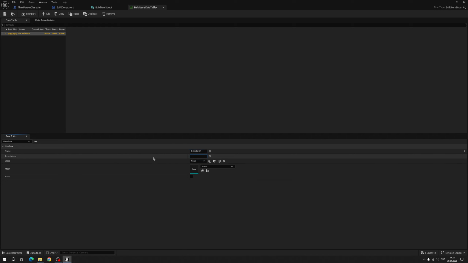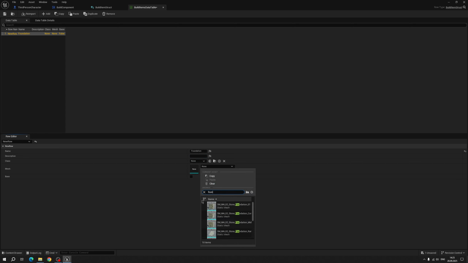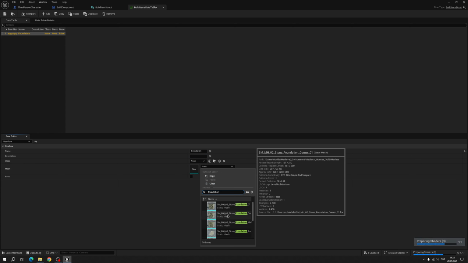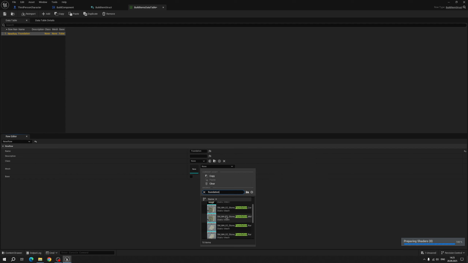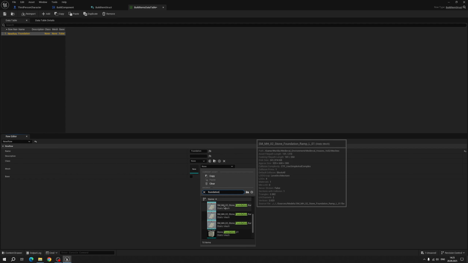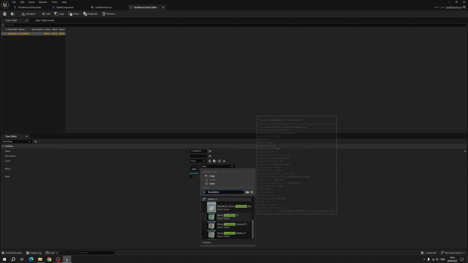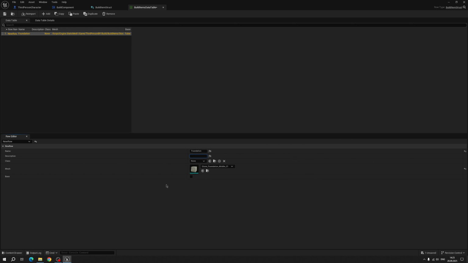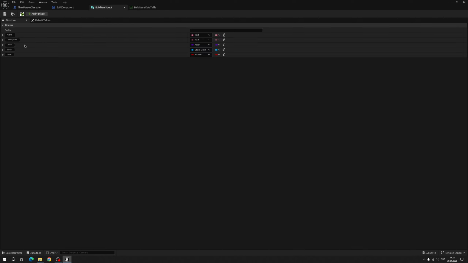Description, we don't need now. The class we don't have, we have to create. Mesh. Let's, oh, I forgot something. Mesh is the foundation. Stone foundation corner. We take the middle. Okay, it is a base. We have to add here another